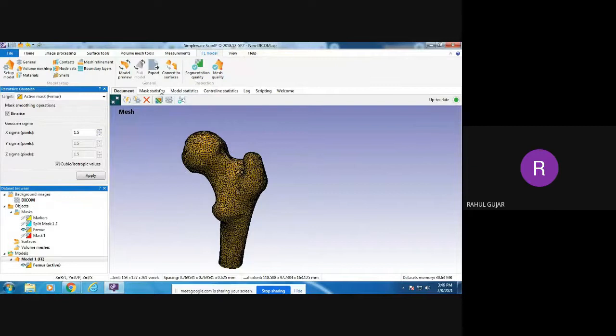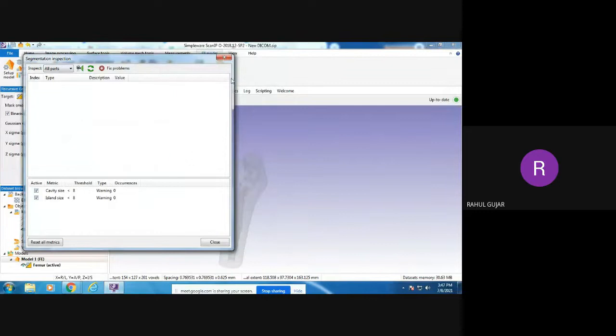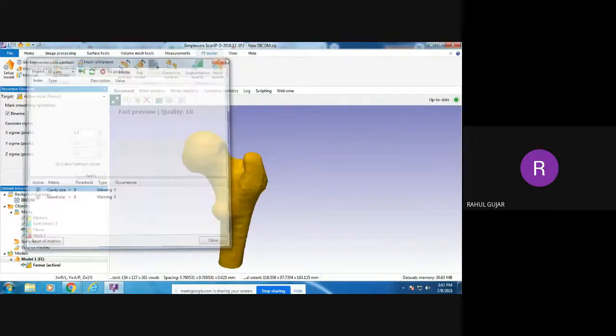Now further, you want to see the segmentation quality, whether the work you have carried out is appropriate or not. Just click on the segmentation quality. It will automatically check whether a good quality 3D model is generated or not. You can see no segmentation problem has been found. If problems are found, they will come up here in the warnings, and you have to eliminate those issues. But now the software says there are no segmentation problems. It will be an accurate segmentation, accurate 3D model generation. So now we get confident about that. Okay, all right, my model is good.